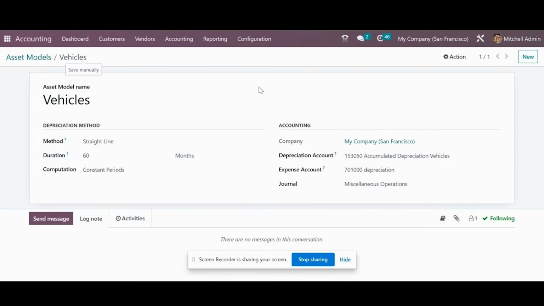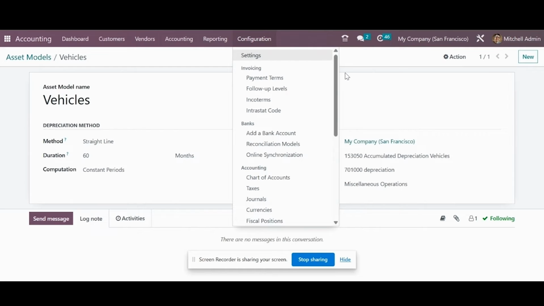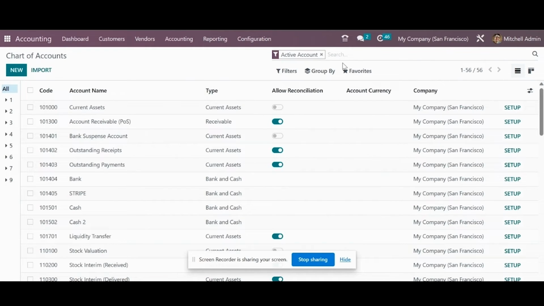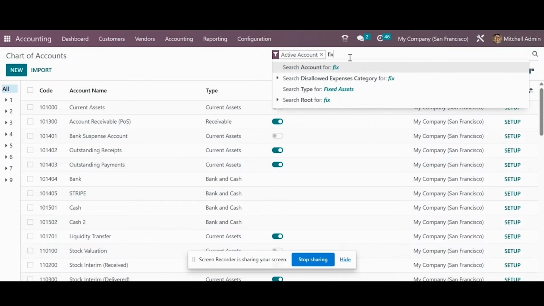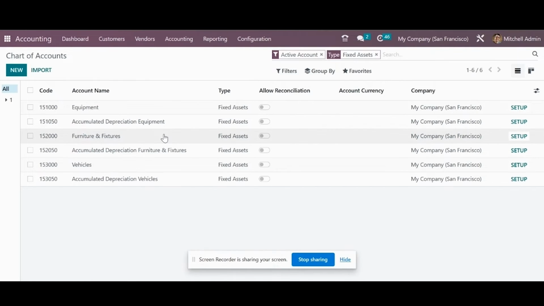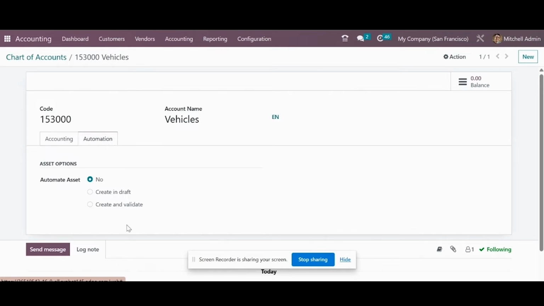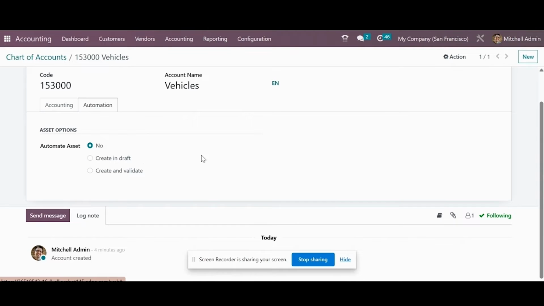In order to bring automation, the next step that we need to do is go back into our chart of accounts, into the vehicles account, and go to the setup and click on the automation tab. So once you enter the automation tab, you have a couple of ways you could go about when configuring your fixed assets automation. With the no option, you have to create your assets manually. We can still utilize the model,